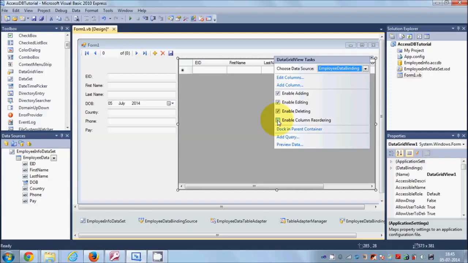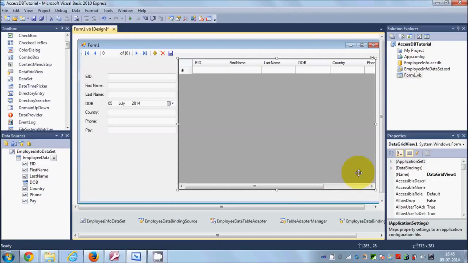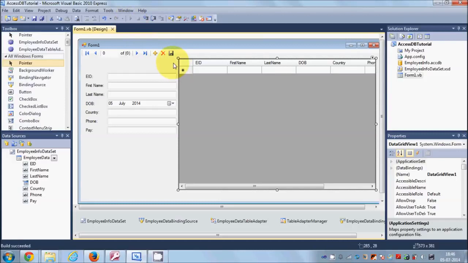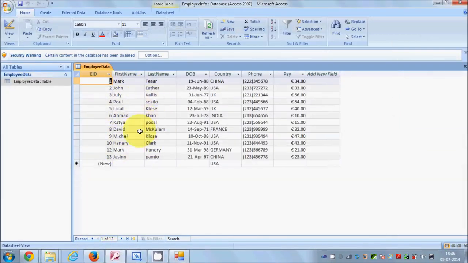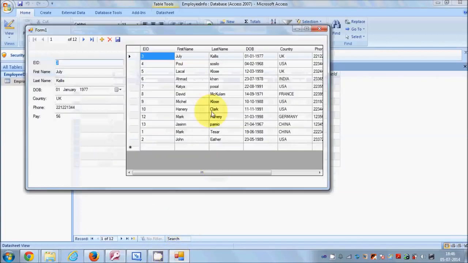You can also select this enable column rendering, and you will be able to see this here. Now once you have done this, you have everything. You have a table, you have text boxes to enter the data, and you have labels to indicate which data represents what. Now you can run your project, and you will be able to see all the data which is present in my database, which is from employee ID 1 to 13 in this